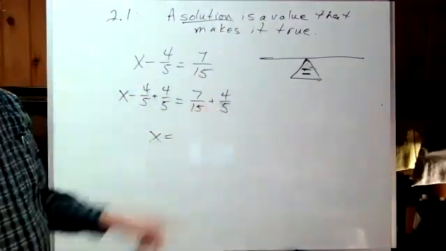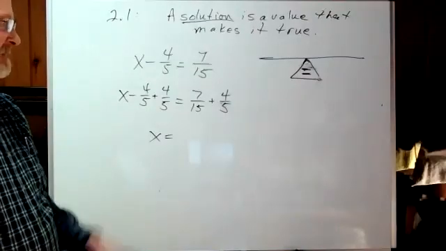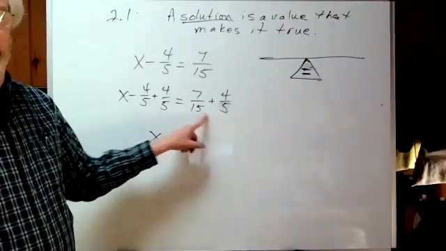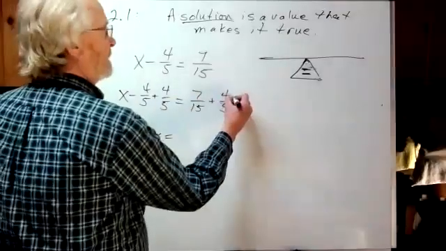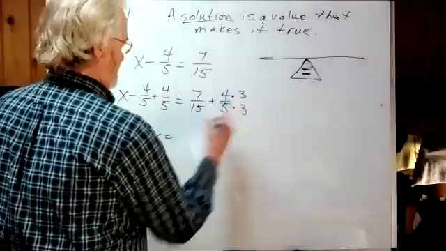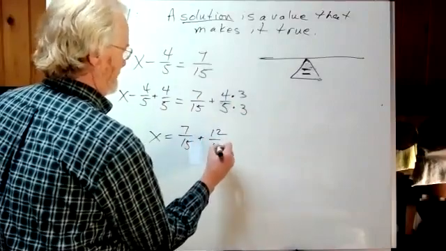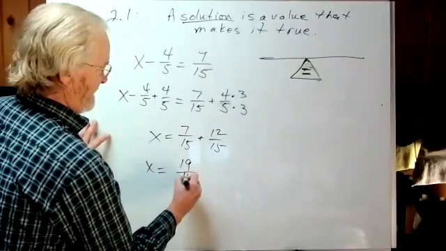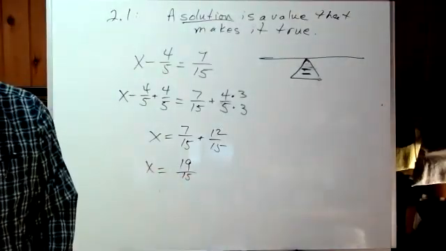What do I have to do over here? Add them together. I need to get the common denominator. 15 works for both of them. So 3 over 3 times 3 times 3. And now I can add them a bunch of 15ths. And as always, when you add or subtract, you got to look and say, oh, can I reduce? No, 19's a